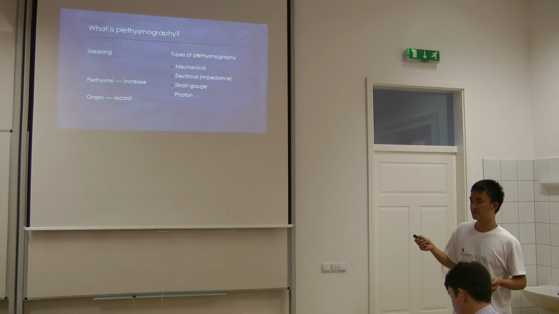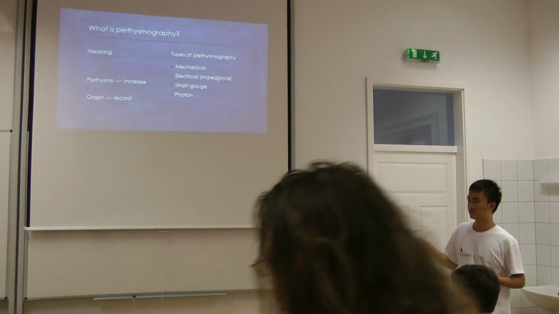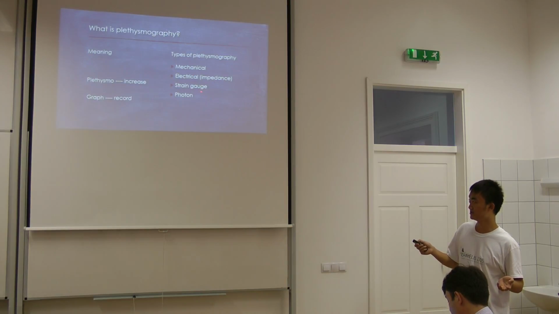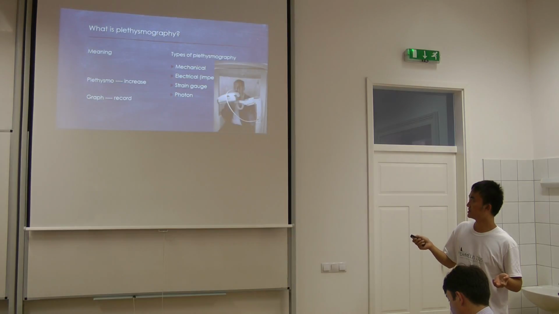And so plethysmography mainly has these four types. The first is mechanical. The second is electrical, which uses impedance, and the third one is called strain gauge. And the final one is photoplethysmography. So this is a typical sample of